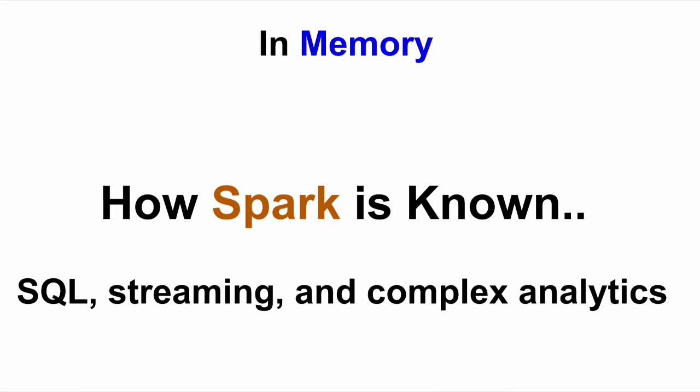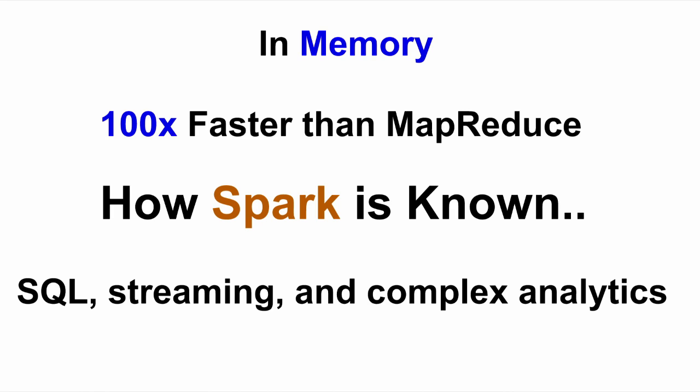And the thing it's most well known for is that it's claimed to be 100 times faster than MapReduce. I'm pausing because I'm expecting all the people who write MapReduce jobs to go, ooh, ah. So the subtext to this is that it says it's 100 times faster than MapReduce when it's in memory. If you have to write everything out to disk, it also claims that it's 10 times faster than MapReduce. So thinking about that performance-wise, if you're reading and understanding how Spark works, the bare minimum of its performance is the current state of MapReduce.